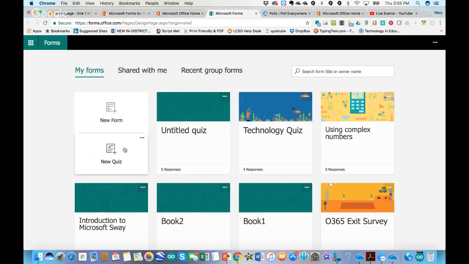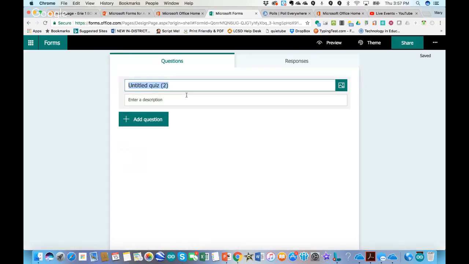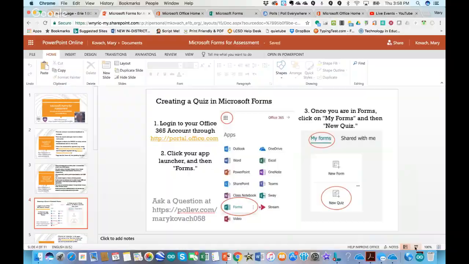Okay, now under here, I can create a new quiz, give my quiz a title. So I'm going to call this one, let's say I'll make one about St. Patrick's Day. And this will save automatically. So if you look up here near the upper right, it says saved. As long as you don't lose your internet connection, there's no save button. This will save automatically. Okay, so now I'll just go back to my